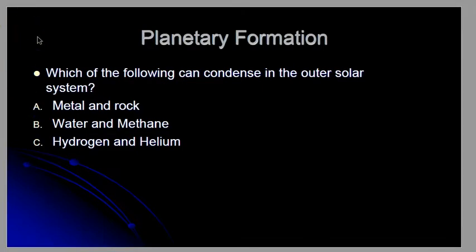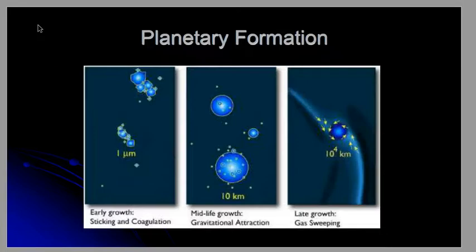Which of the following can condense in the outer solar system? Metal and rock, water and methane, hydrogen and helium. What do you think the answer is here? Which of the following can condense in the outer solar system? Well,